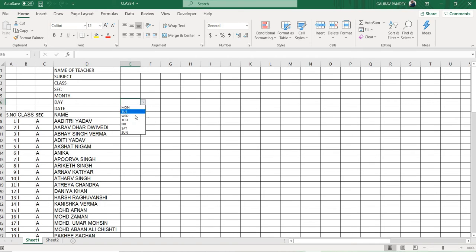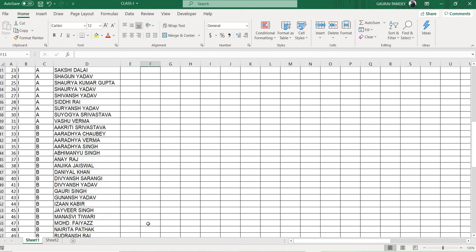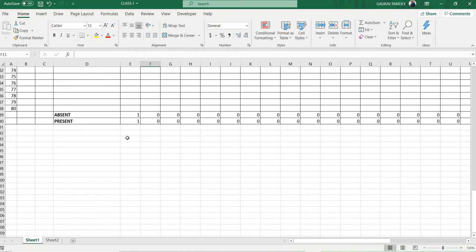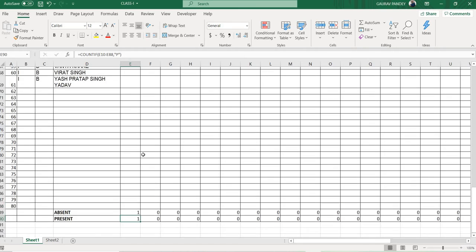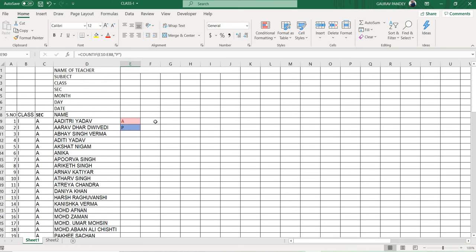Day accordingly, same as date. Okay, and present is the same as the last sheet: present, absent and leave. Okay, then in the last there is an option for absent and present, where you will get how many absentees there are and how many present. When you fill in present and absent like this,